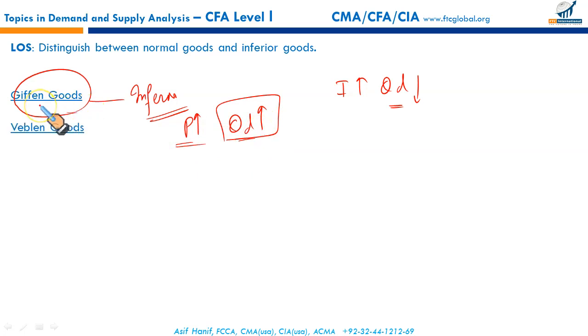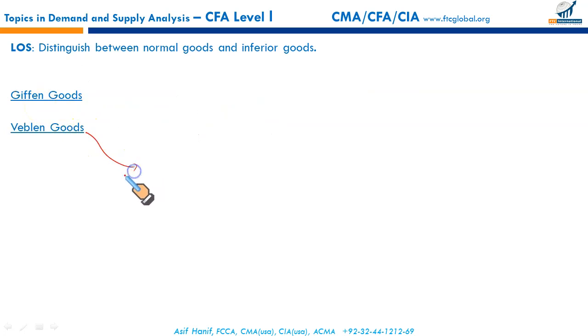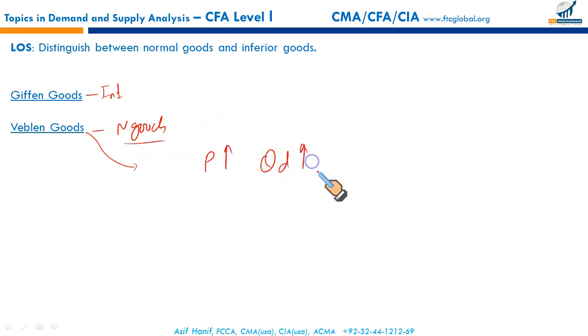And then other Veblen goods, they are normal goods. They are not inferior. Giffen goods are considered inferior goods, whereas Veblen goods are normal goods. They are special in this way that when their price increases, you start purchasing more of them. Now, why would you do that? When the price increases, normally we buy less, but here, when the price goes up, the quantity demanded, in this case, is upward sloping, you start purchasing more.